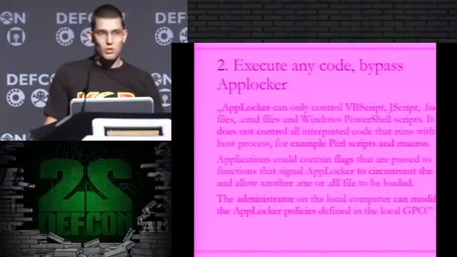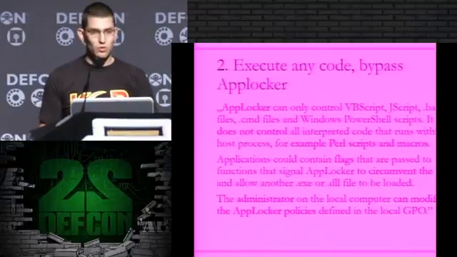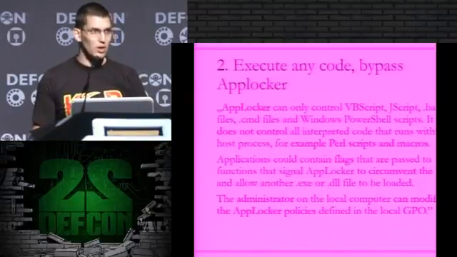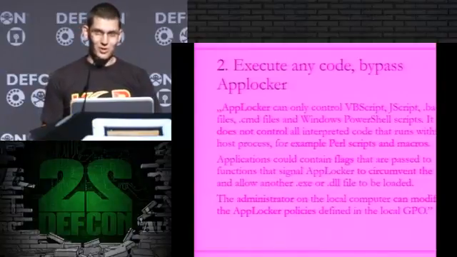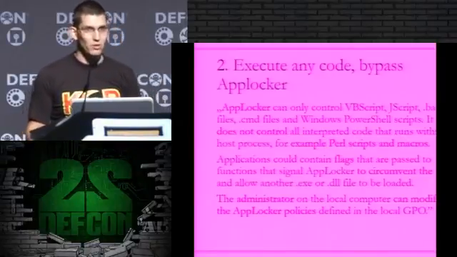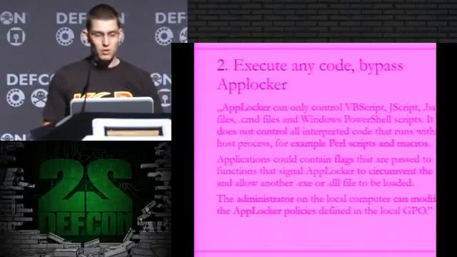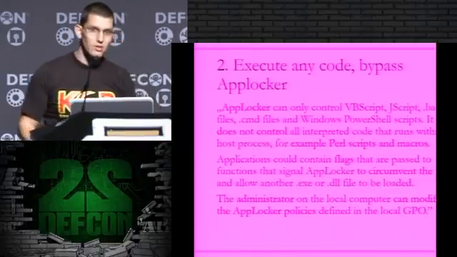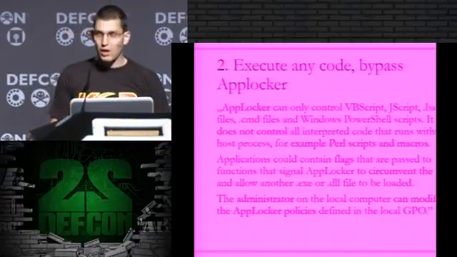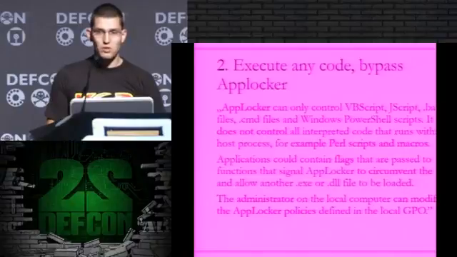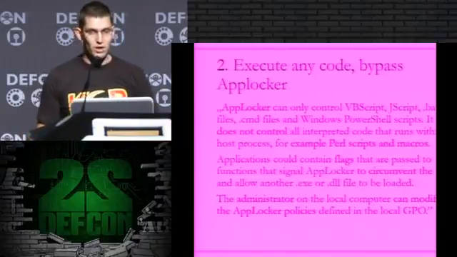When I tried to research how I can bypass AppLocker, I checked the official documentation, and Microsoft was kind enough to give me a lot of bypass techniques. For example, you can use scripts to bypass it. You can set some very funny flags in your binary. I would say that the flag should be called the bypass AppLocker flag or something like that, because that's the only purpose of this flag. If it's set, then it will bypass the AppLocker policy. And last but not least, if you have administrator level privileges, then by default you are not restricted by AppLocker at all.